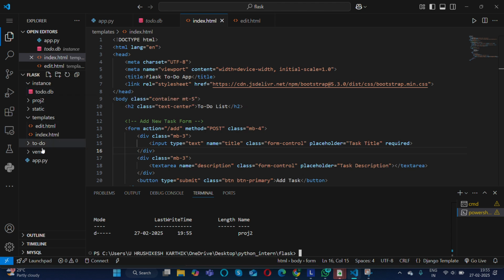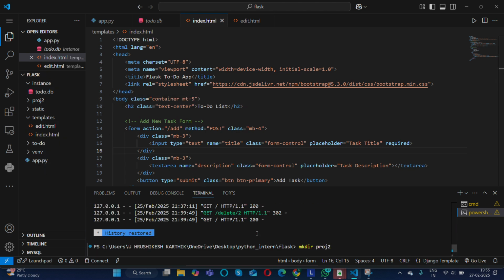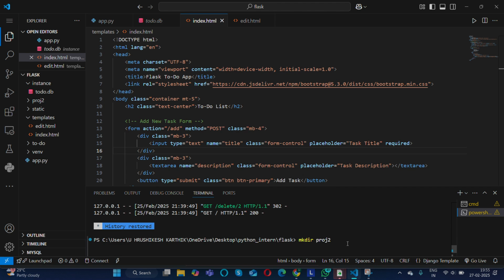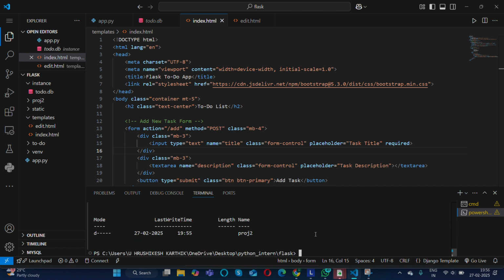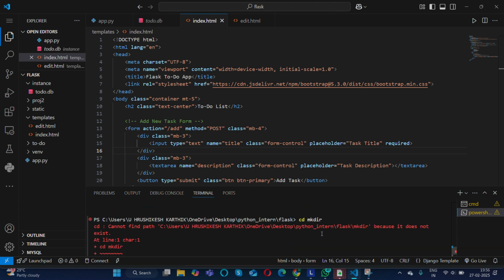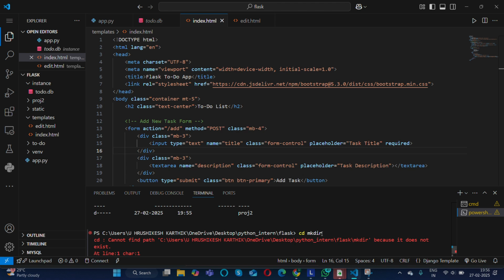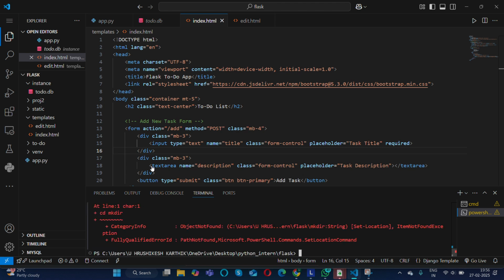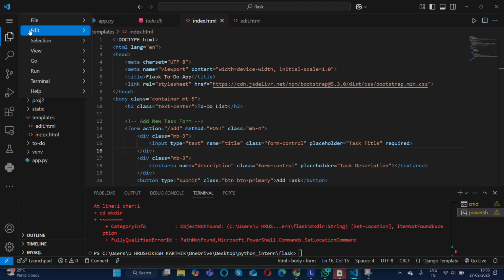See, you can check it. mkdir project. So it got created. See, this is the new project. So what should I do? cd into the directory, which means I'll enter the directory. I'll install everything in the directory, and that's an isolated one, right? Okay. That's fine. If it doesn't work, I'll directly open from here.